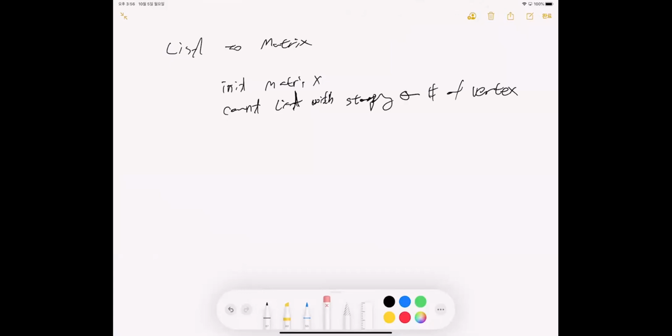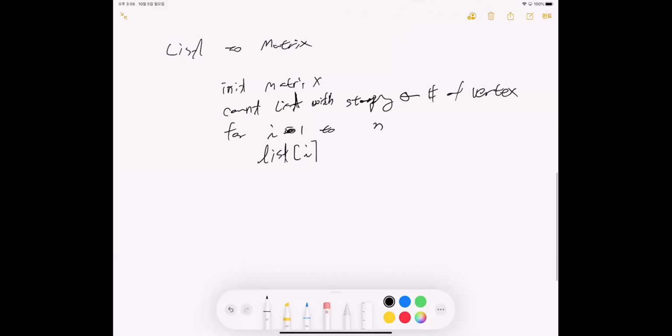Then for i to less than 2n, and list i point next. So it should be while. So j is 1 while